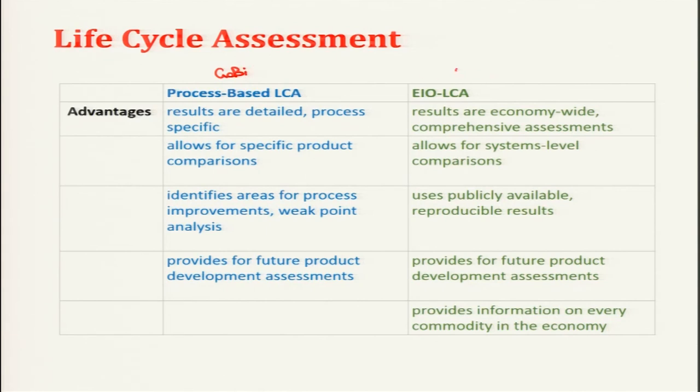Now we are discussing the EIO LCA tool, where we are talking about the economy. This is economy level. So the results here in EIO LCA are an economy wide and comprehensive assessment. It is not a specific assessment, it is a comprehensive assessment, economy wide, or from the big system, which we also call SOS. As we are talking about advanced green manufacturing systems, a factory is a system, but a factory can also be called a system of systems. A system of systems means a factory has different units.